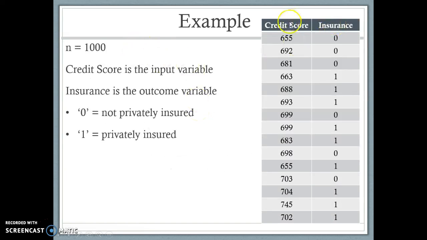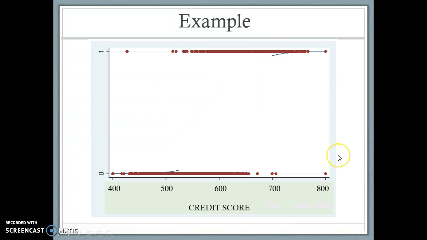So this is what your data will look like. We have our credit scores, and then our dependent variable, our outcome, is insured: 0, not privately insured, 1, privately insured. So it looks the same. We have all these different people. We had 1,000 in the sample. Then we get the insurance. So if I just graph these,